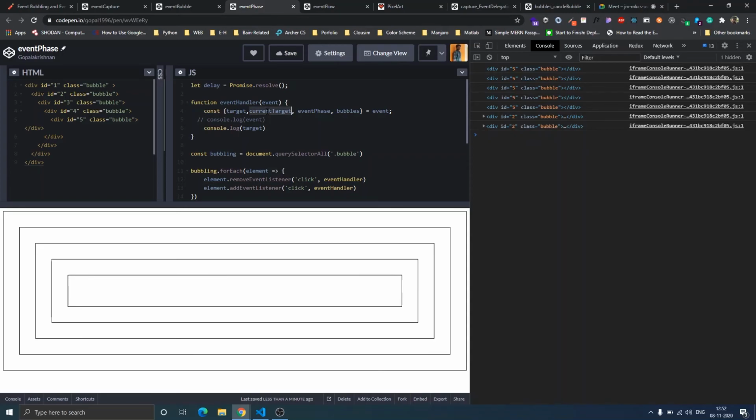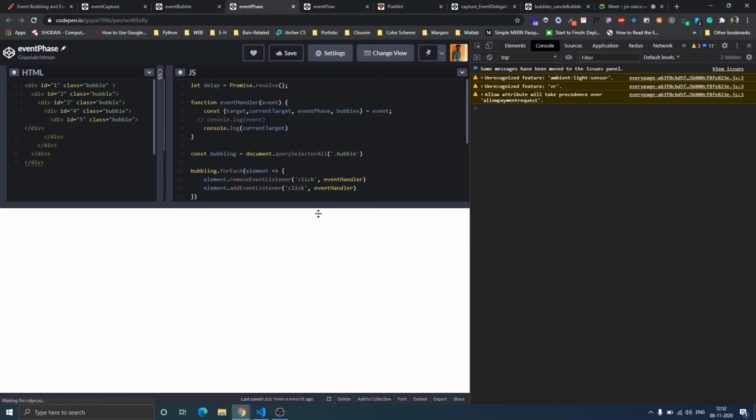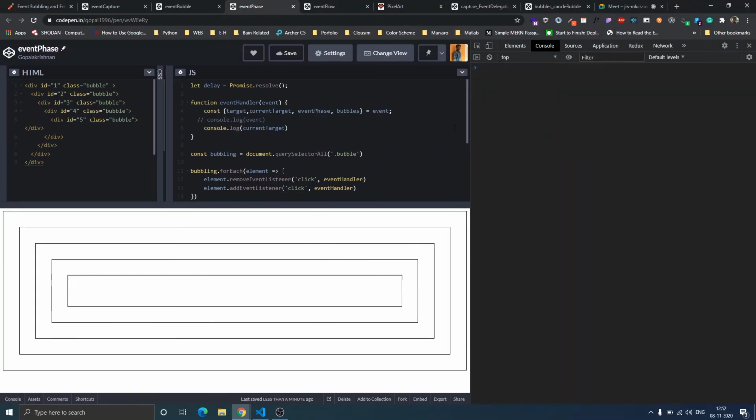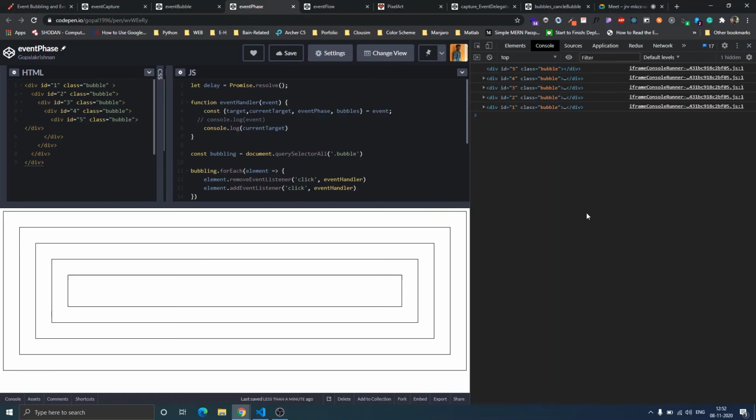But in the case of current target, if I click on this element, you can see the current target is the one that is currently running the handler. When I click on this element with id 5, it will flow to the next element. At that time the current target is 4, so it will run this event handler, then 3, 2, 1.